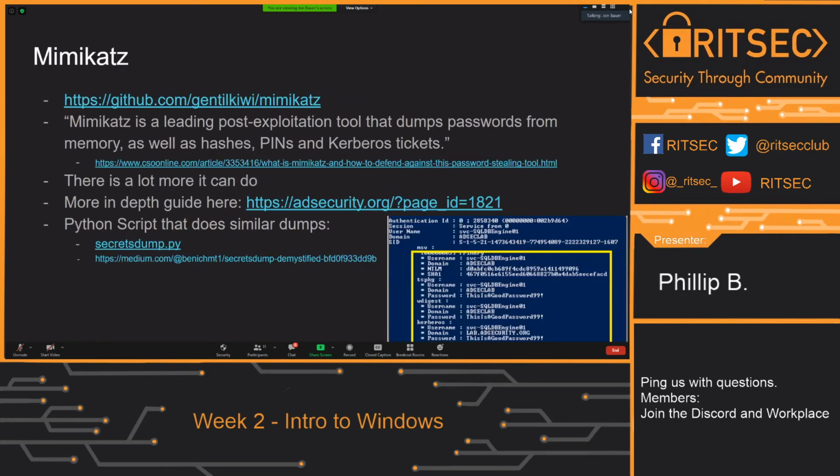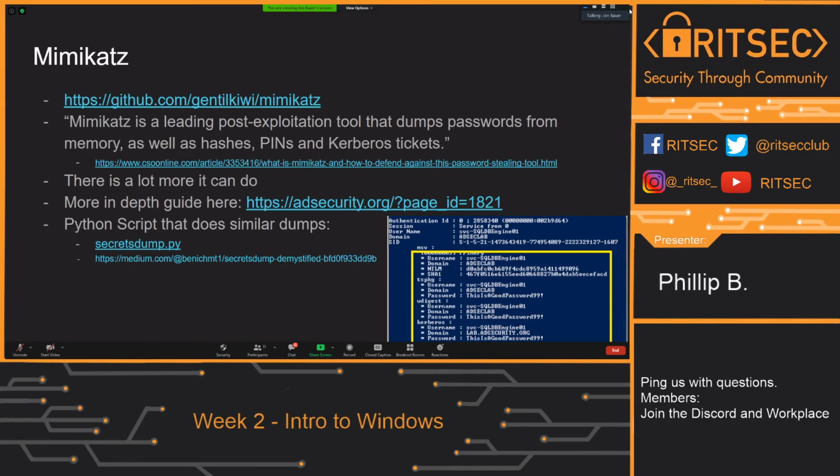Alrighty, lastly, Mimikatz, a very, very powerful and popular tool that I want you all to know about because it might come in handy in your future. Here's a quote from a website, but without reading the slides, it pretty much just dumps passwords, hashes, or other important information from memory in Windows. How Windows authenticates is it passes the password to a service in Windows, and you see that in memory, and you can intercept it with Mimikatz.